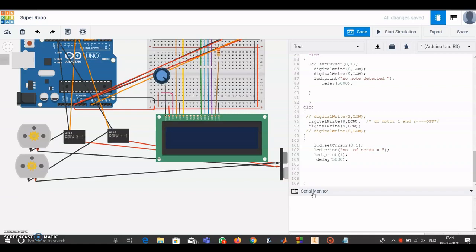If 1 is the entered value, motors start working. The second DC motor is rotated when 0 and 8, the values of first motor, are kept at high, and the values of second DC motor, that is 9, is at high and 8 at low. Later, the frequency values are given based on the frequency ranges of the nodes detected.